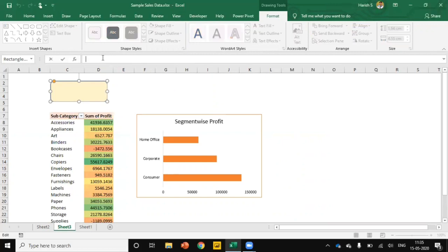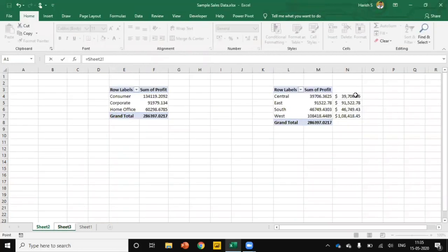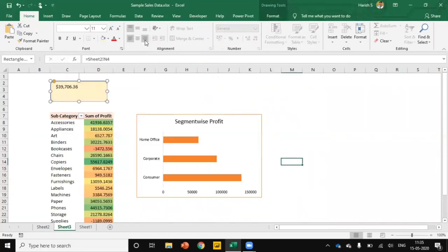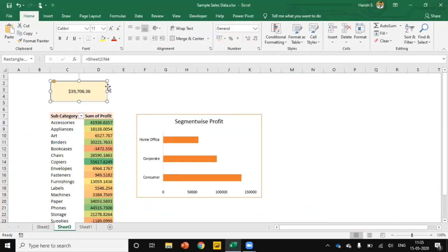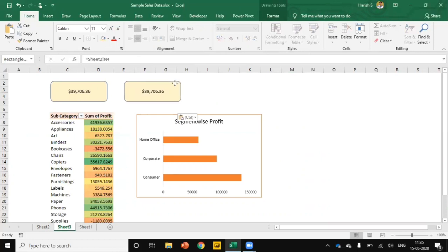And then add an equal sign. Select this cell. Align center. Just select and center. Now copy this shape and paste it four times because we have four regions.